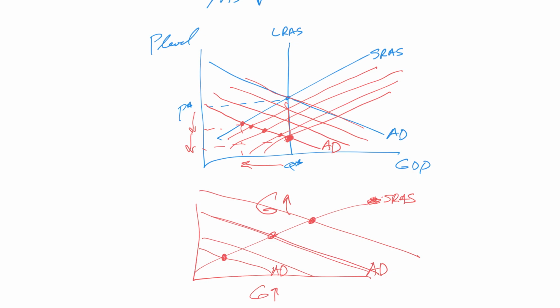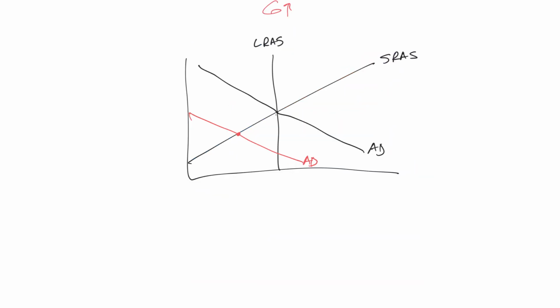And let me draw a little better graph here. Okay, so with World War II, when we're still here in the Great Depression, aggregate demand is way down here, and it gradually shifts out as government spending on tanks and airplanes and all kinds of things for war. But it didn't stop here. It just kept on going way out to here. So we went from the Great Depression way out here to an economic boom.